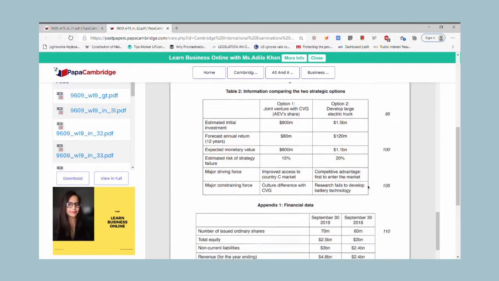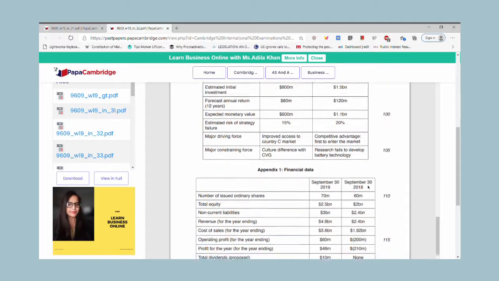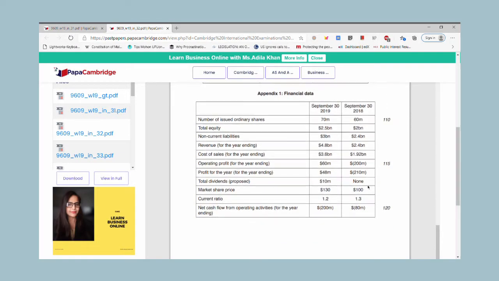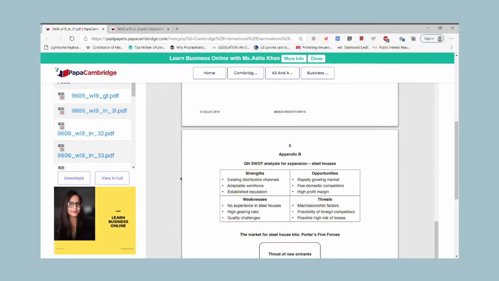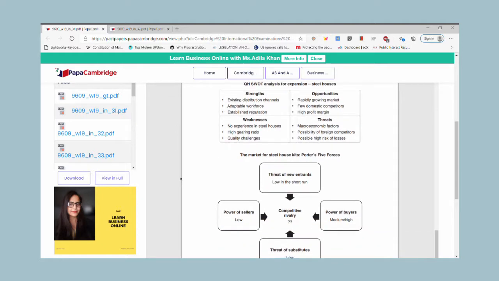And then if the question is the kind that asks for a lot of calculation, then there will be probably 1 or 2 appendix or like tables showing you the financial state of the company in some form of account document. Or if it's not a question asking for calculations, they would give you some of the aspects of the characteristics of the company. For example, maybe they would give you a SWOT analysis of the company.